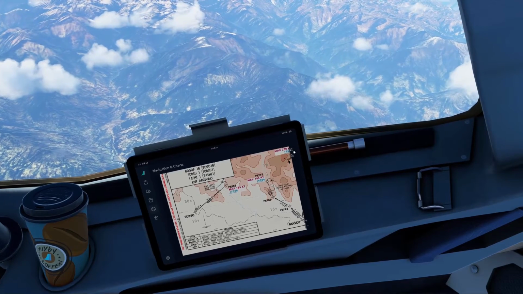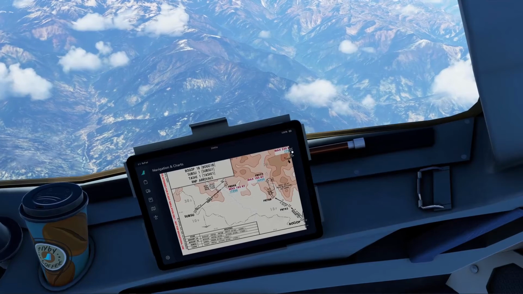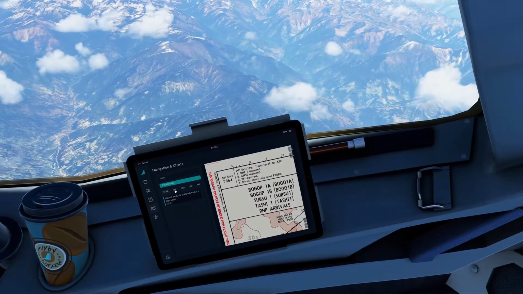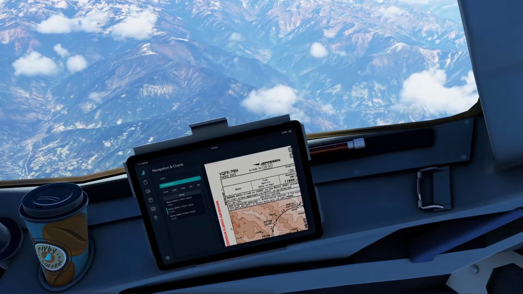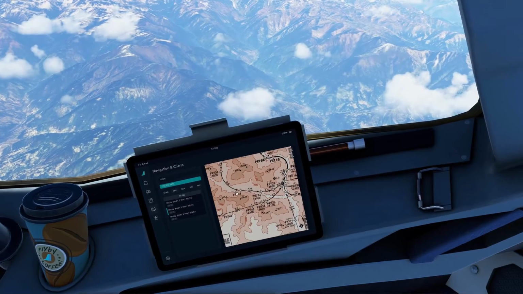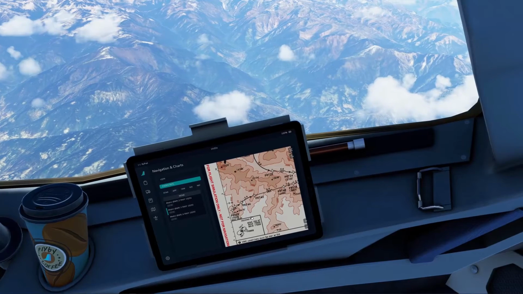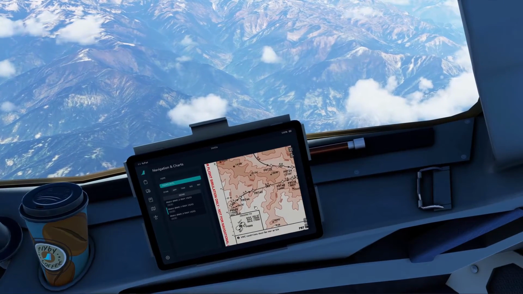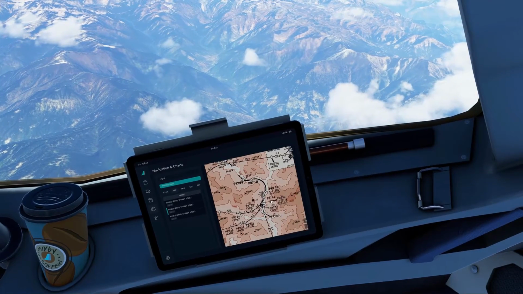Right, so let's go to the approach. Right, now we have to actually collapse the page to get back to this part here. So approach, RNP. Right, so you've got one VOR and an NDB.